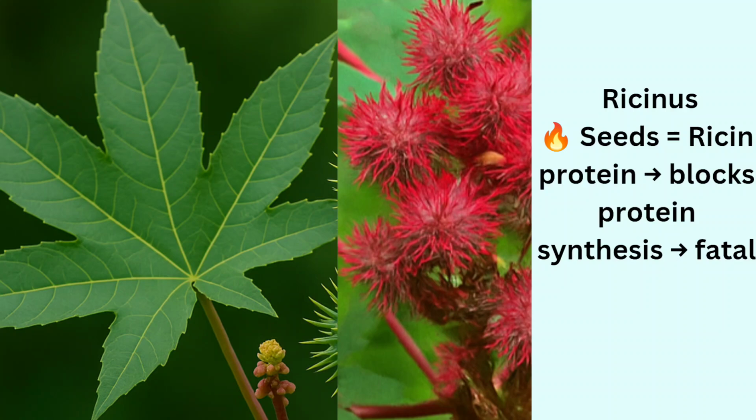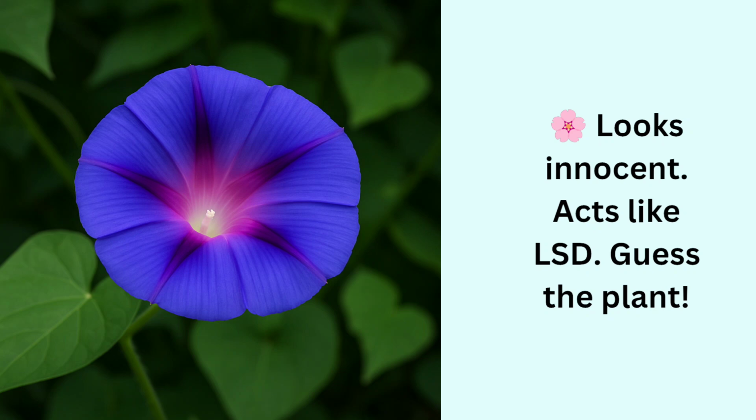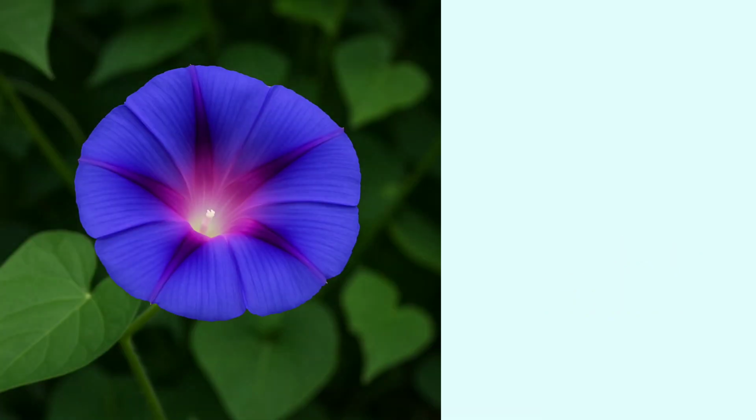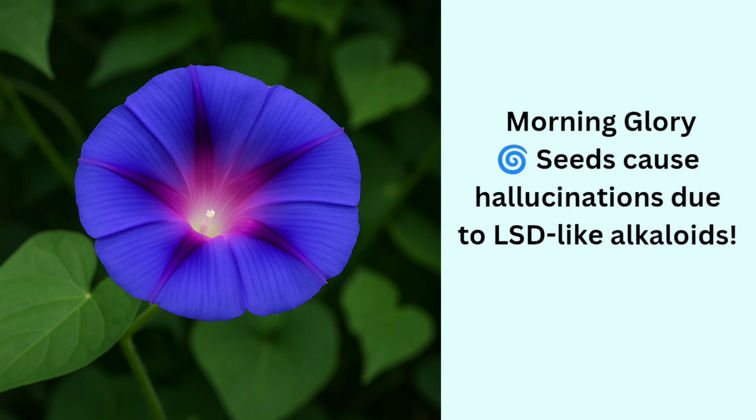So the next plant. What is this attractive plant? This is called morning glory, or Ipomoea violacea. The plant seed contains LSD-like compounds which have hallucinogenic properties. It's used for recreational purposes. This is a rare one, but better to know and learn how to identify it. It has a funnel shaped violet to blue flower with a pinkish hue in the center.